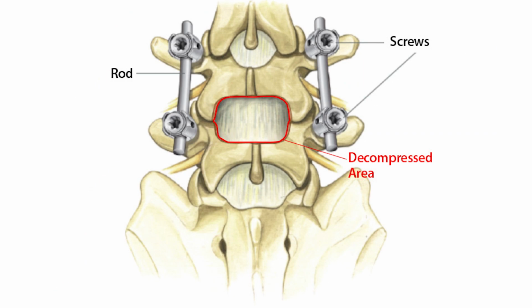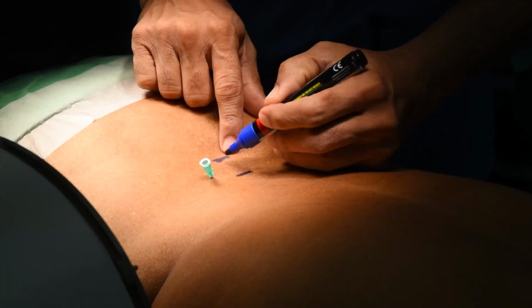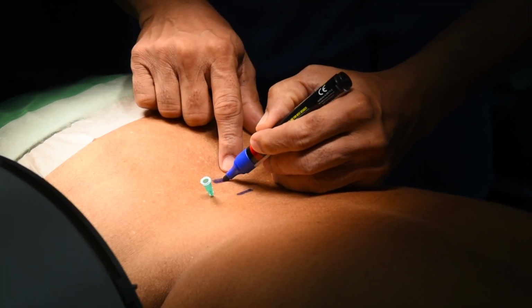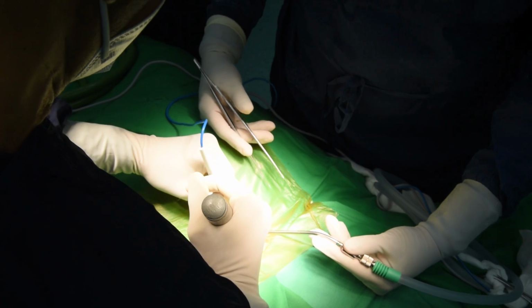Once the posterior arch is removed, after surgery there's no bony structure for the muscles to get attached. As a result, you can understand the stability of the spine can get affected and can lead to some problems in the future. However, in minimal access surgery, we go through the muscles and make a small hole in